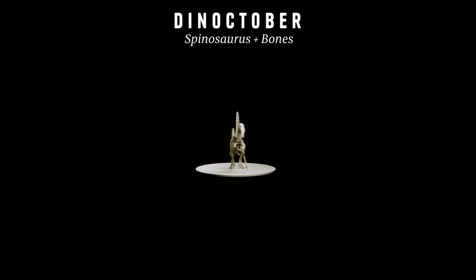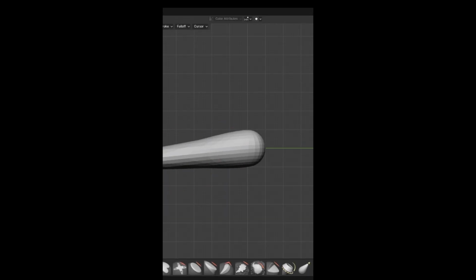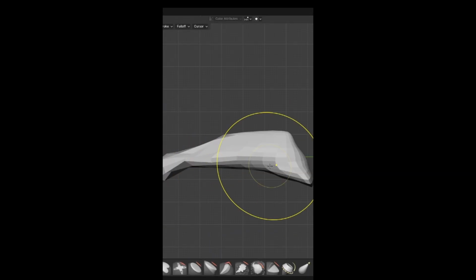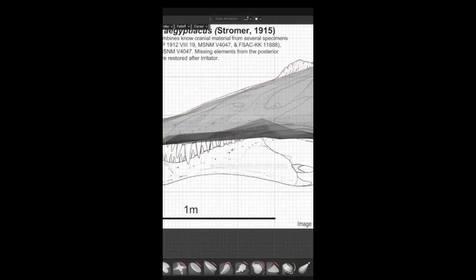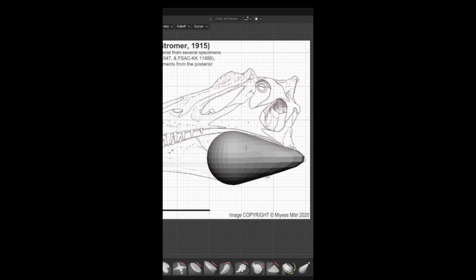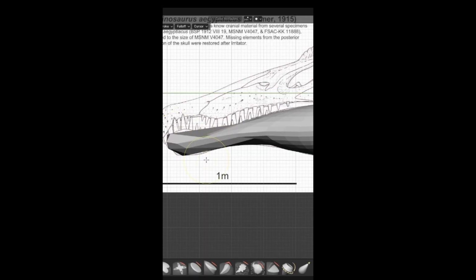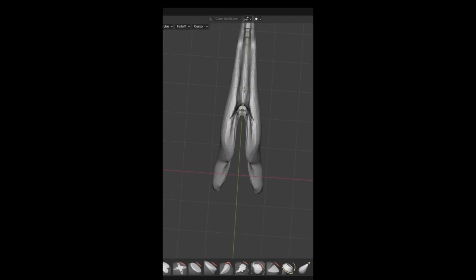Welcome to October, where I sculpt different dinosaur-themed sculpts every day. Re-use the default cube and add a simple sphere and start creating the shape of the skull. Get a reference and now just trace the geometry to the background. Add the lower jaw and start making it to the shape of the reference. Improve the shape a bit